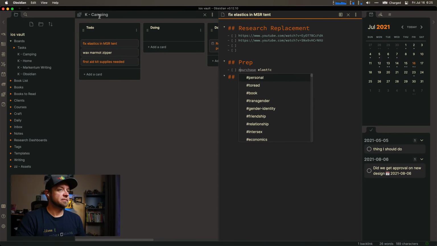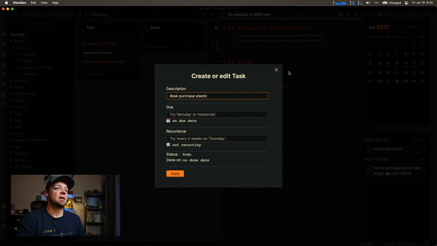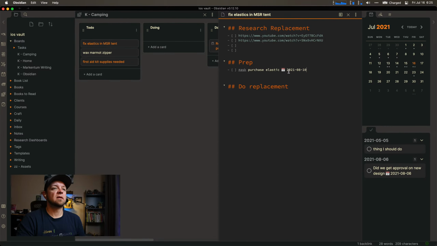So I could say, at least in the do today, what do I want to purchase elastic? I probably want to put that on, what is it? August 10th, which is their next payday. If I really keep typing ask,